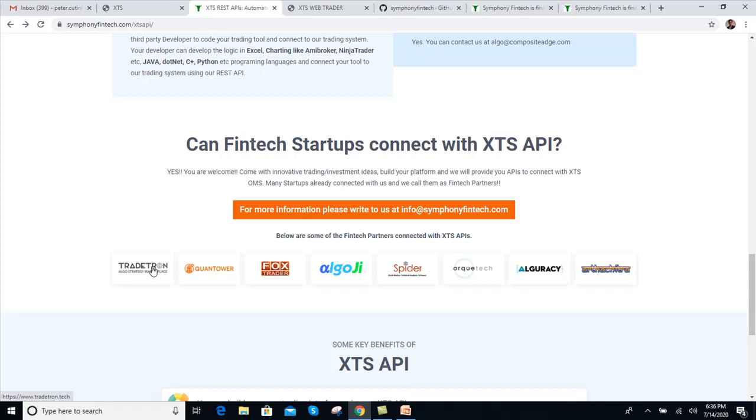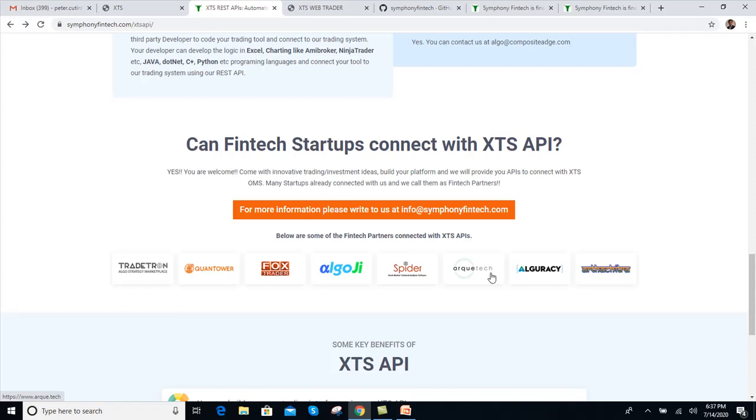Like Tradetron is an algo trading application. Contour, Fox Trader, Algoji, Spider, Arctech, Algoracy, Arthachitra, many fintech companies are already connected with Symphony. So you have to create the API key and secret key and subscribe to their product, and you can send the orders from these applications to XTS.